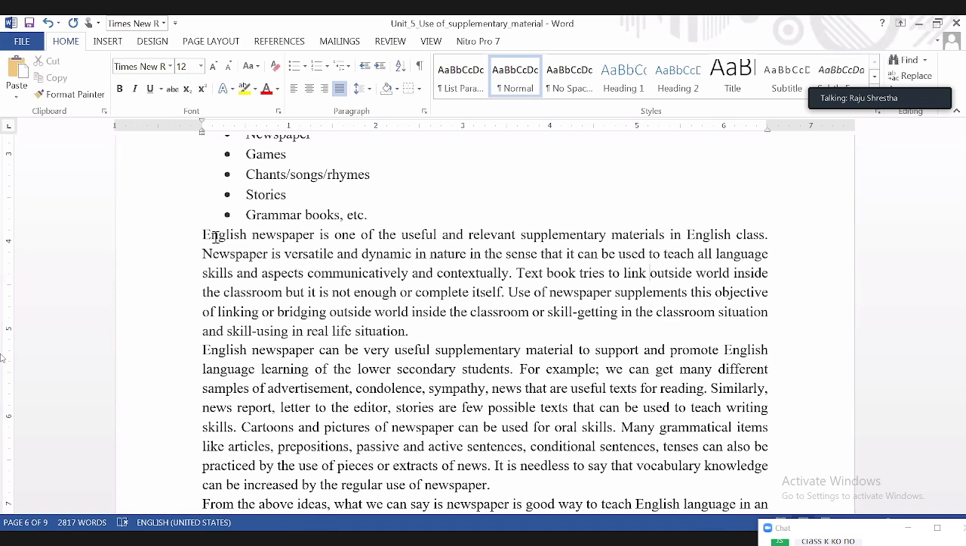So the textbook tries to link the outside world inside the classroom, but it is not enough to complete itself. So using newspaper supplements this objective of bridging the outside world and the classroom, or skill getting in the classroom situation and skill using in the real life situation. The textbook aims to bridge this kind of gap, but it is not enough itself. So if we supplement with others, like newspaper, like grammar book, like dictionary, then these lacking or missing parts can be fulfilled or